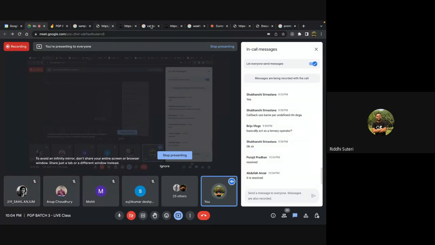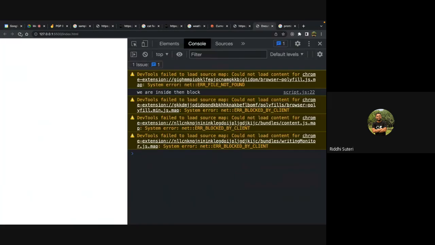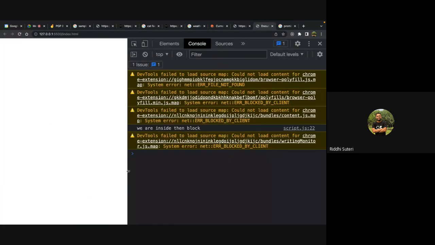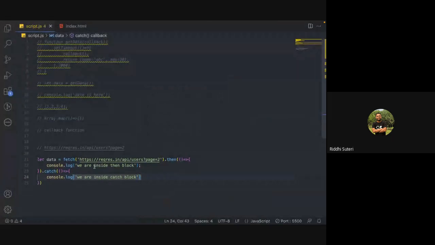block के अंदर भी जा सकता था। अब एक काम करके देखते हैं, देखो मैं कितनी बार भी resolve करूंगा, ये "we are inside then block" दिखाएगा, ठीक है। अभी एक काम करके देखते हैं, मान लेते हैं मैं इसमें कुछ झोल कर देता हूँ, मान लो मैं उसके URL में कुछ गड़बड़ कर देता हूँ, दो तीन चीजें हटा देता हूँ उसमें से, ऐसे कुछ कर देता हूँ, right? And what do you think will